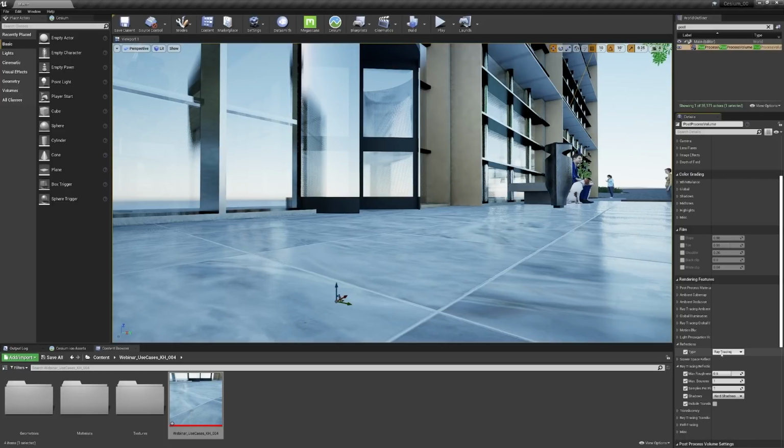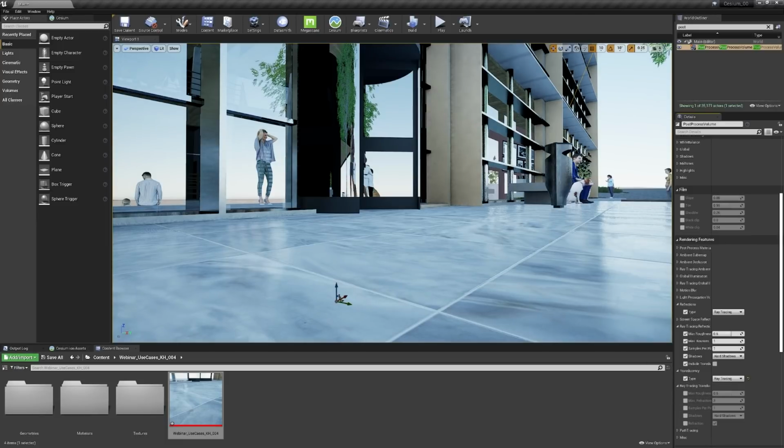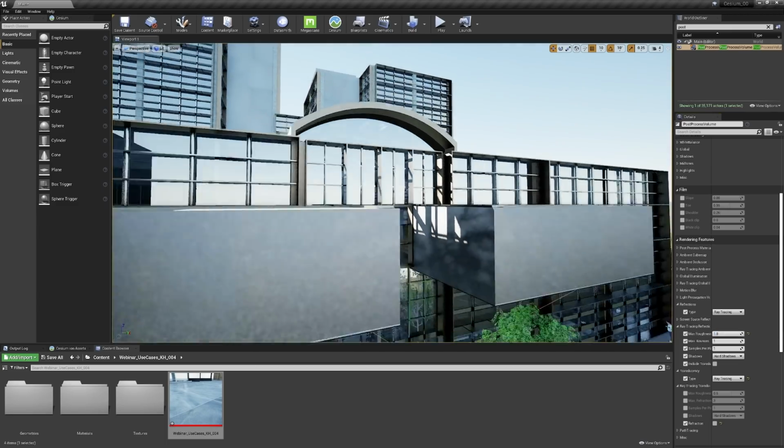To double check that we have ray tracing and not the screen space, we can go over to reflections and select ray tracing. And we'll also need to do the same thing for translucency. So underneath type, I'm going to change this to ray tracing. And you'll see that you have options here to control the settings. I'm going to go ahead and turn off the refraction for this project.